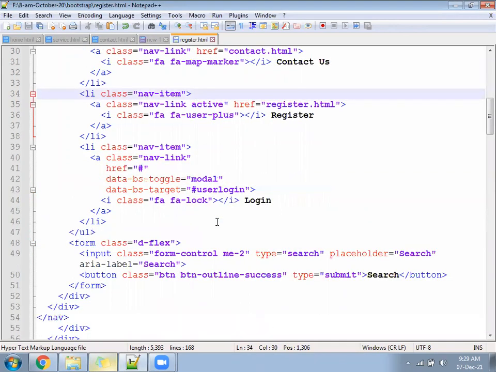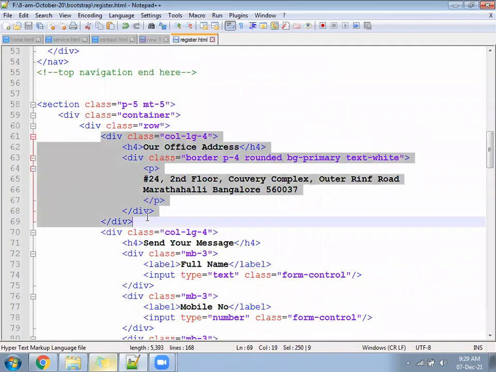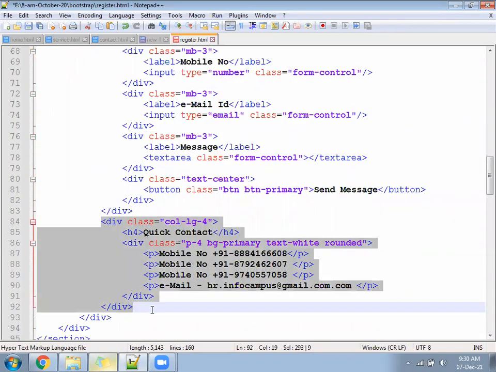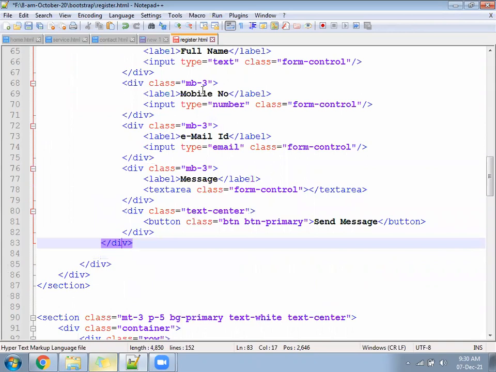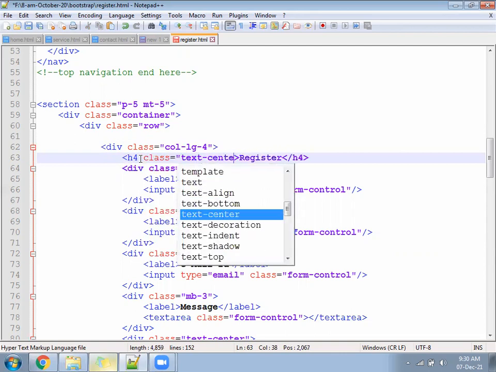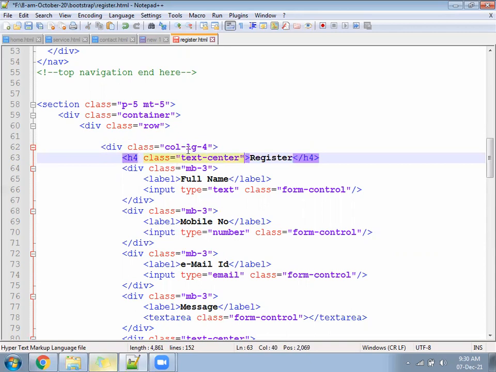And the first 4 you delete, not required. Last 4 also you delete, not required. Let it be the middle 4. Inside, we can write here register, and text-center. And you can write here offset-4.